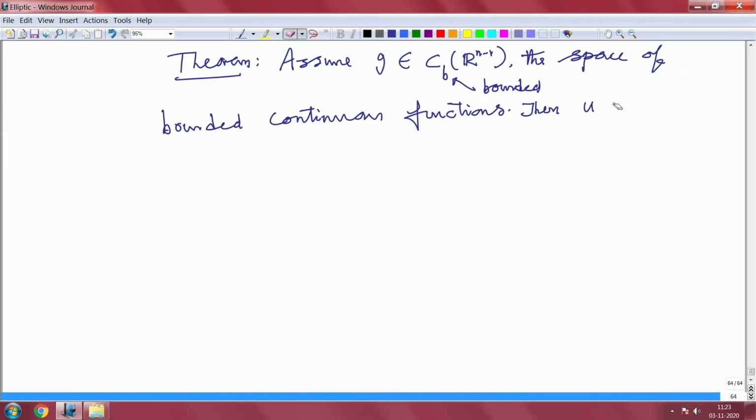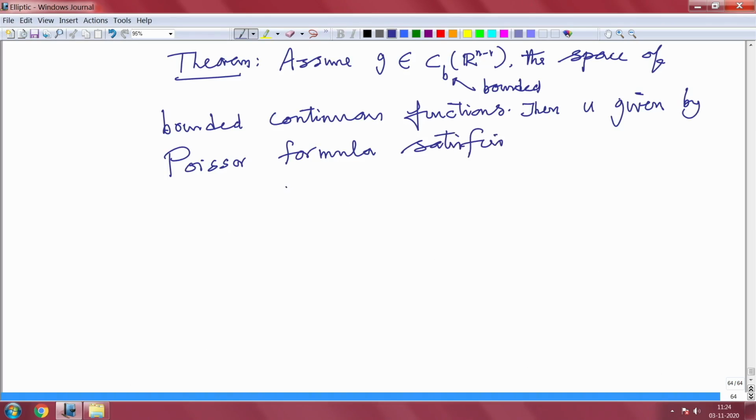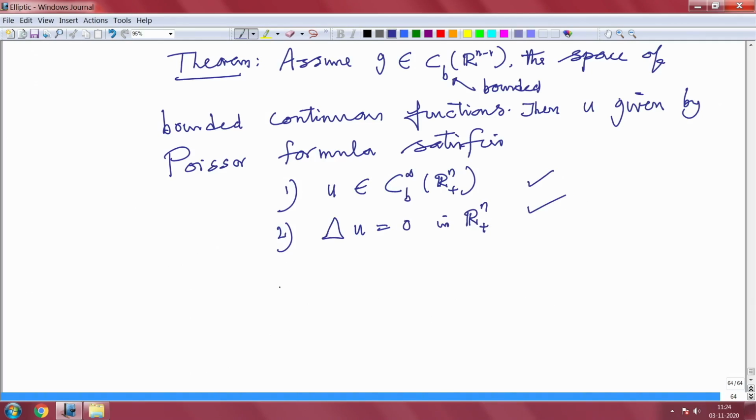given by the Poisson formula satisfies: one, u is also a bounded continuous function, which we have already seen essentially, so let me not do that. Two, Laplacian of u equals 0 in R^n plus. This is proved, and what remains to prove is that it satisfies the boundary condition